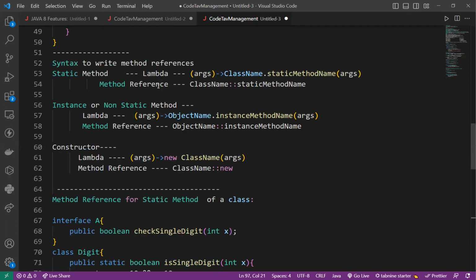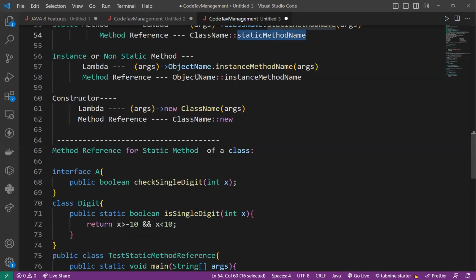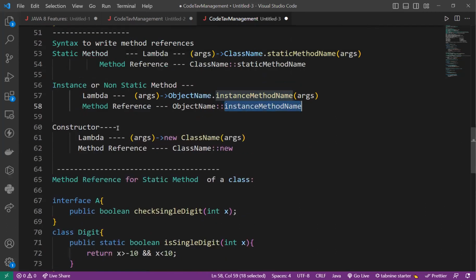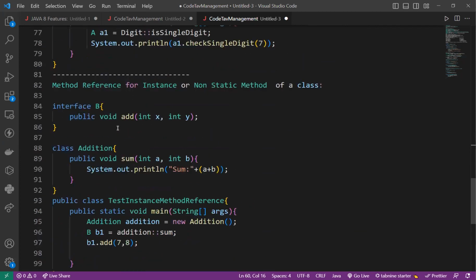So basically for the statics we have used the class name, then the static method name, and here the object name, then the instance method name, and last the constructor. Okay, so for the constructor,